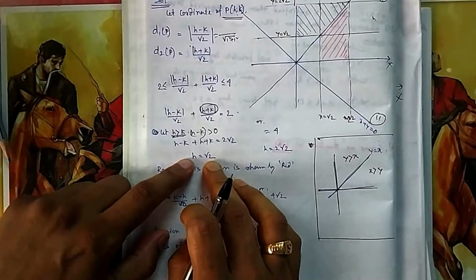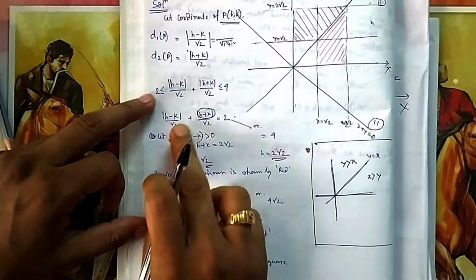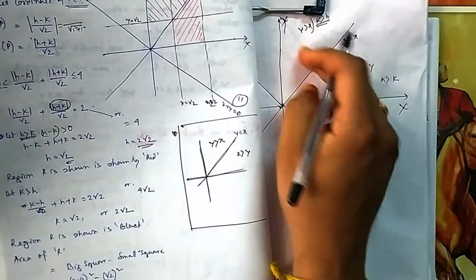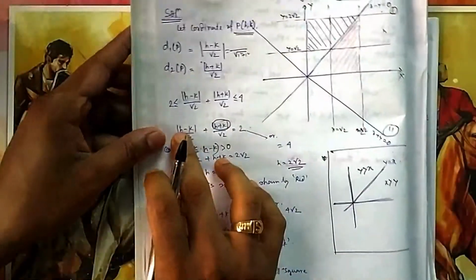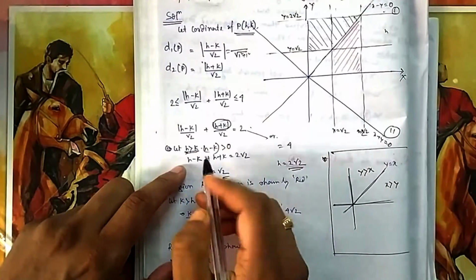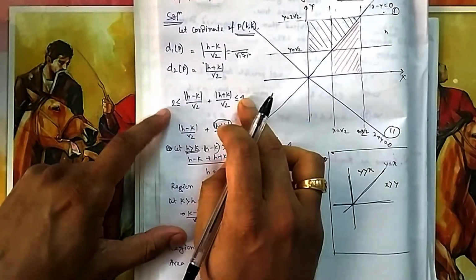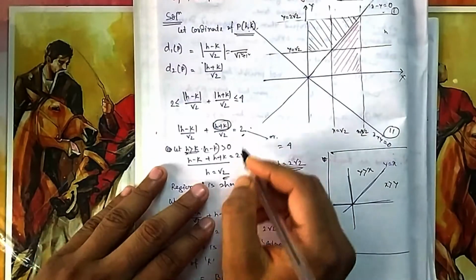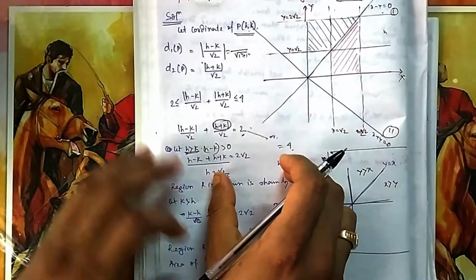So you put it there. That means h is equal to... you have to see the lower limit and upper limit both. If you put it at the lower limit, it should equal 2. If h is greater than k, that means you are looking at this position. At this position, there is no need of mod. If you remove this mod, then the expression becomes this. So it should be equal to 2, or either equal to 4. Both we have to see, left and right hand. If you equate to 2, then it is root 2. If you equate it to 4, then it is this. That means your h should lie between these two.